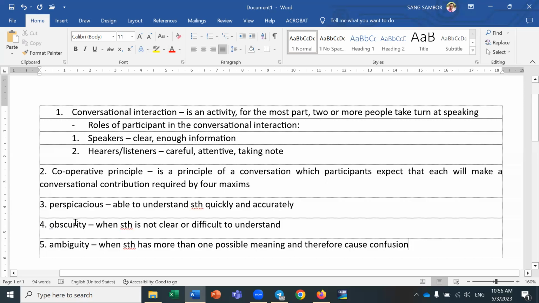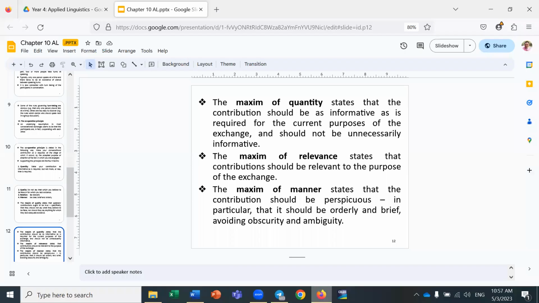So that is the definition: perspicacious, obscurity, and ambiguity. I mean, the maxim of manner here